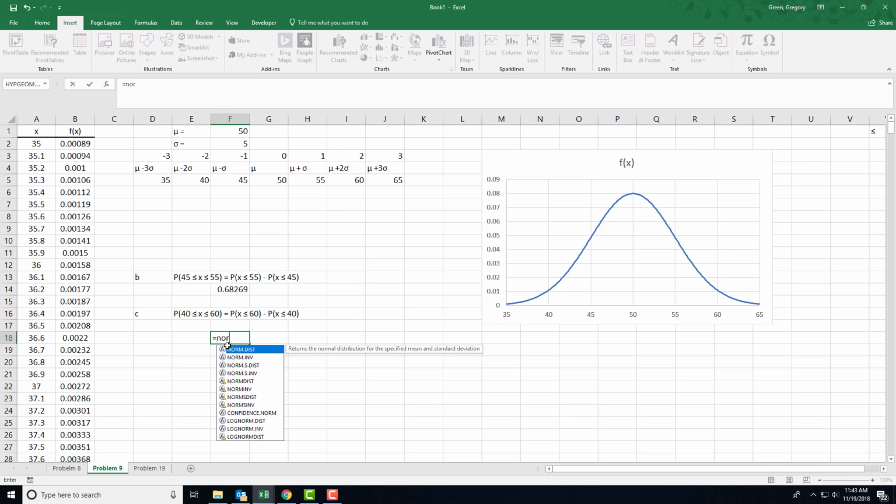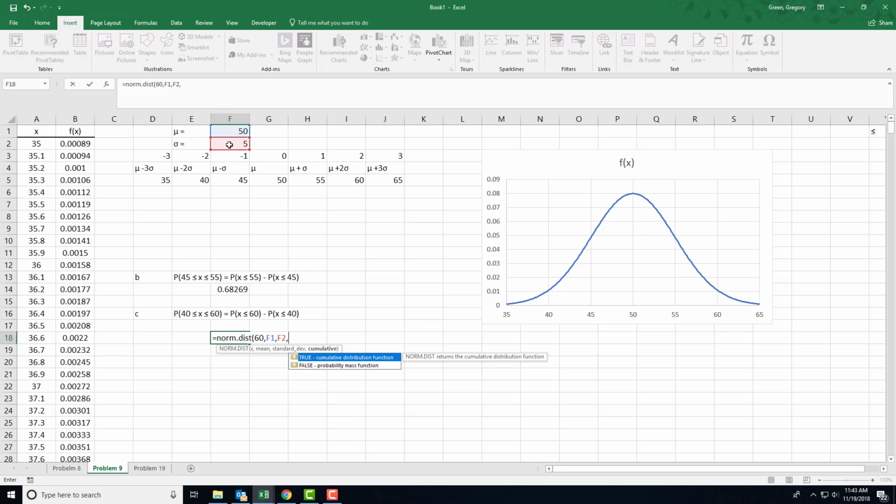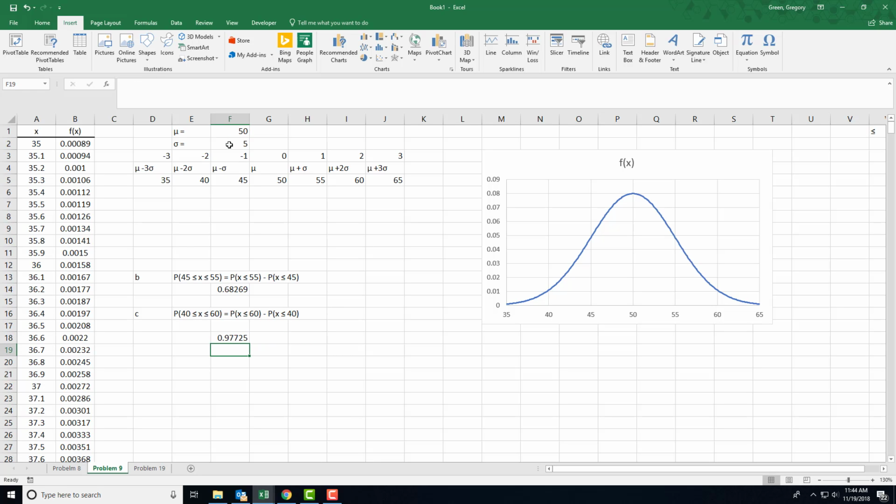So norm.dist, the value of x of 60, the mean is 50, standard deviation is 5, and yes, I want the cumulative distribution. I want all the area from 60 and left. And again, if I stop here, it's all the area from 60 and left all the way to negative infinity, which is 97.7%